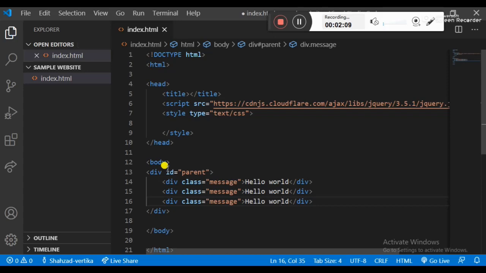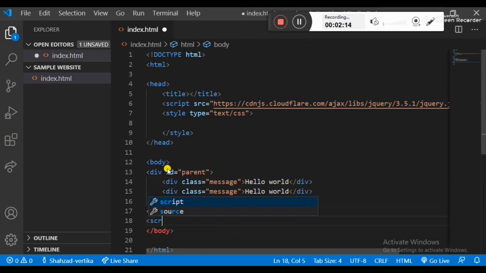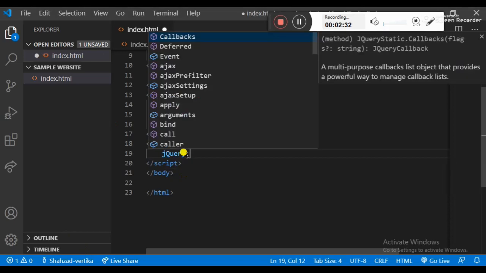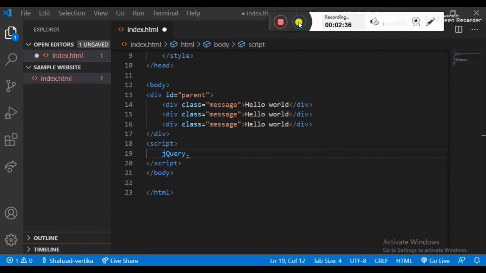So how can we do that? You put it in a script tag, and just put the JavaScript code in it. This is the jQuery code: jQuery.fn.vertical.